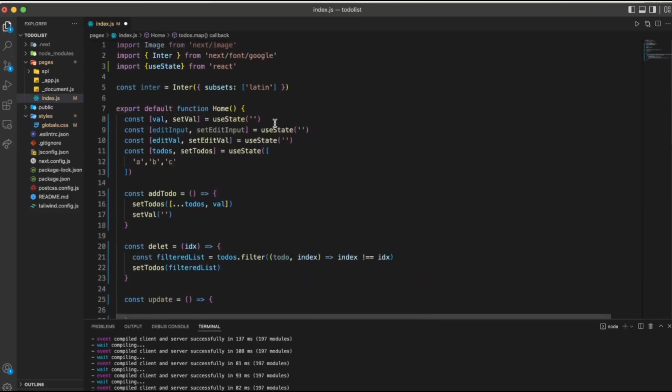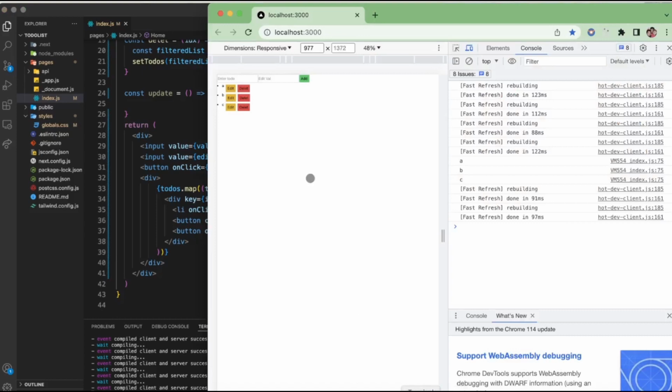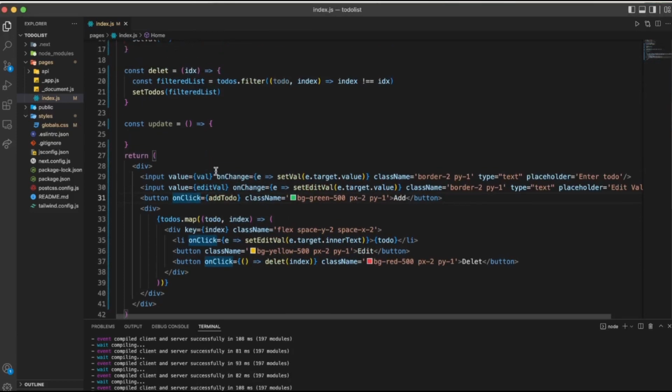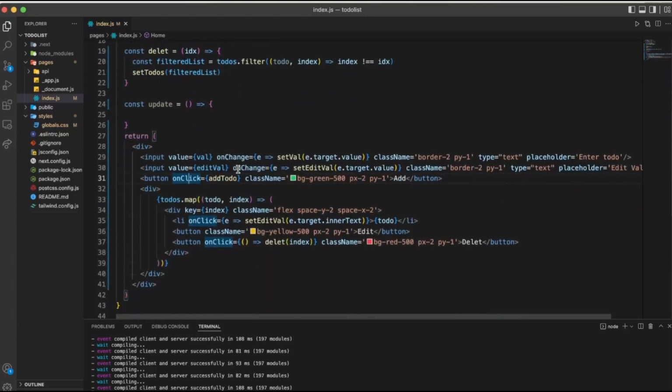Okay, we don't need that one. Okay, now let's see. Click on it, we got B. You click on it, we got C. You click on it, we got A. Okay, y'all see what's happening? Because of this edit val and this set edit val, when you click on this, it updates the value here, and then we get the value, we're putting it in here. Okay,